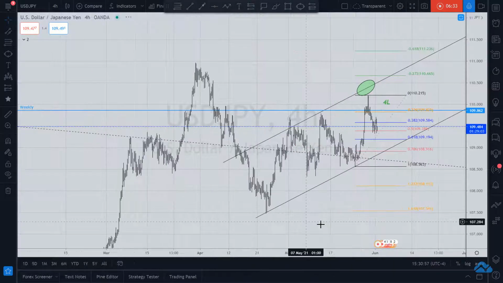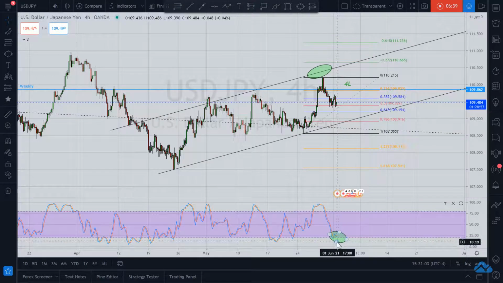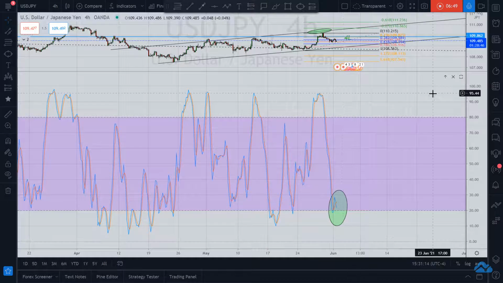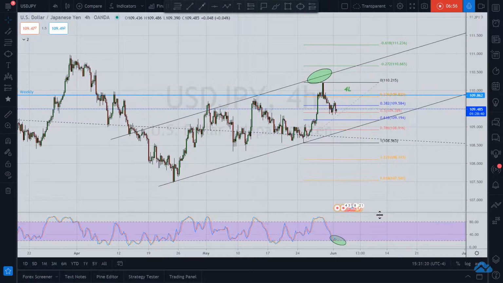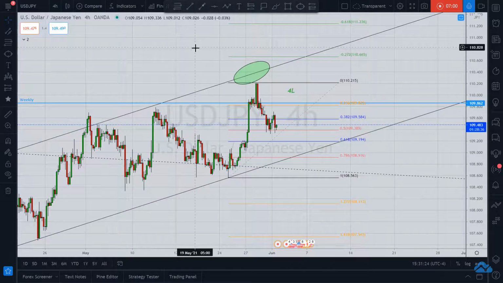All right, am I looking for shorts or am I looking for longs? I'm looking for longs, but we are already at the place where we would want to be. We need, though, and I'm going to blow this up, we need that blue line to cross the red line to the upside. So it's best to hang and be patient for a proper setup. And what would that be? I'm going to tell you right now.